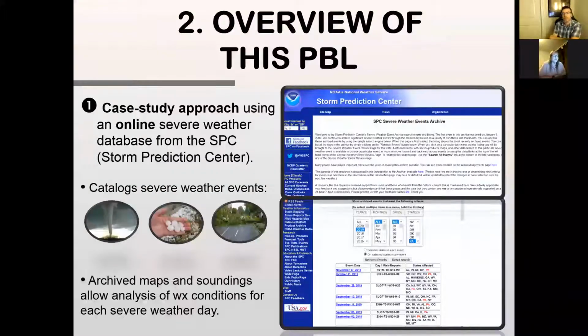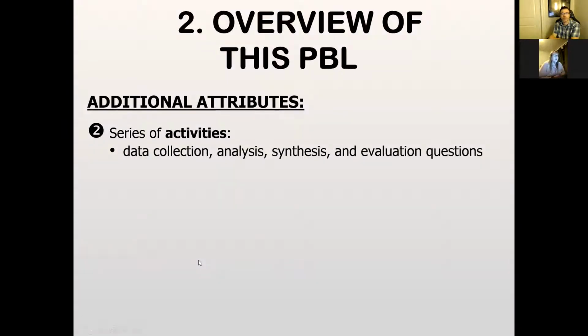That's a screenshot of it here, and Joby's going to bring it a little bit more live to you so you can see it. And so it catalogs severe weather events, and there are maps and analysis of weather conditions of severe weather for each day across the United States, and it monitors things such as wind